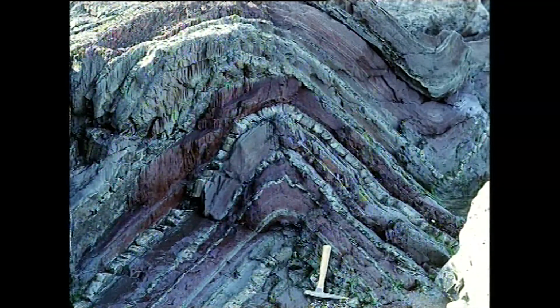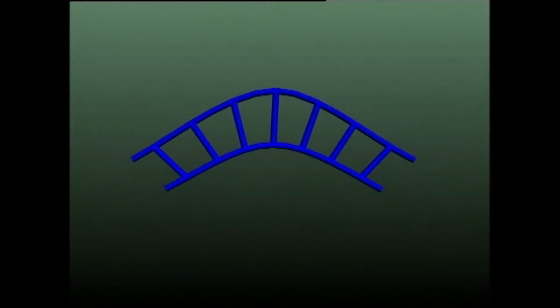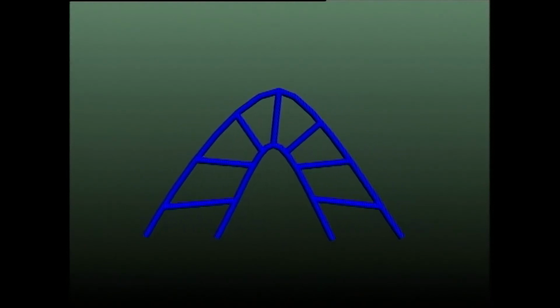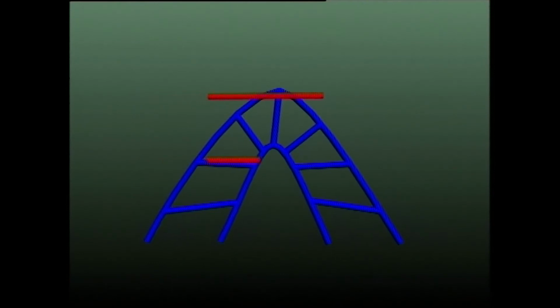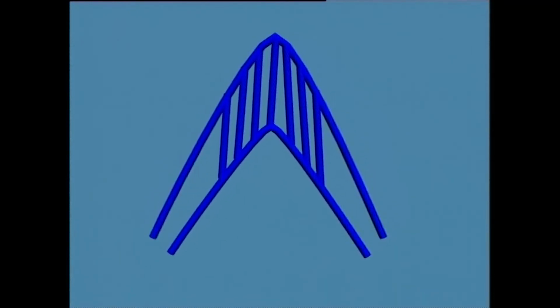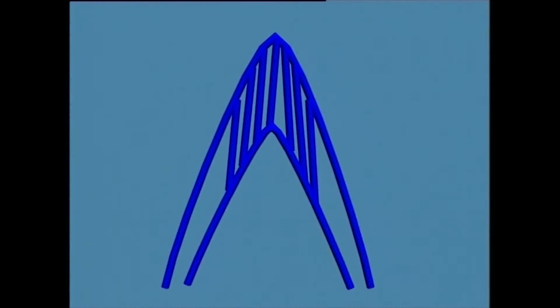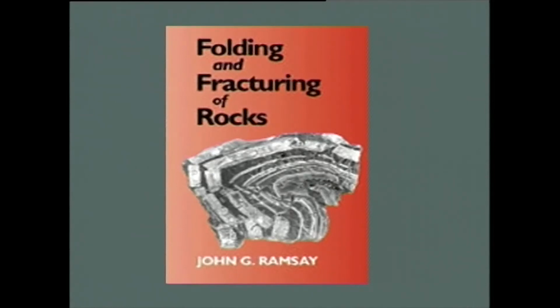In case of supratenuous folds, where the orthogonal thickness is minimum at the antiformal hinge and maximum at the synformal hinge, they belong to two different classes of Ramsay. When the orthogonal thickness is minimum at the antiformal hinge, it represents class 1A, while the maximum thickness at this antiformal hinge represents a class where the outer arc is more curved than the inner arc, or in other words, a class 3 fold. Thus, Ramsay's classification, which is very scientific, very quantitative, amply covers all the folds, and it